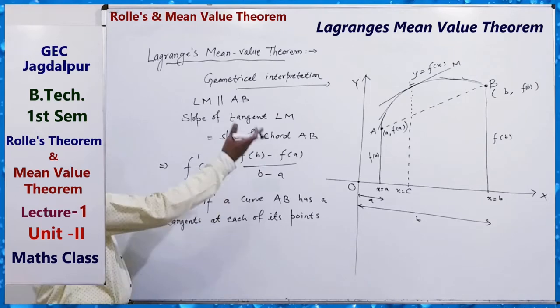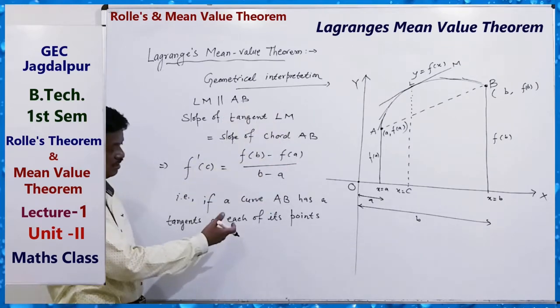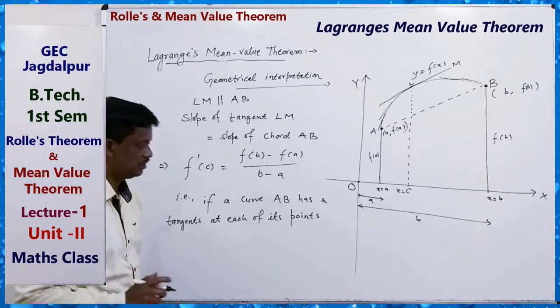That is, if a curve AB has a tangent at each of its points, then